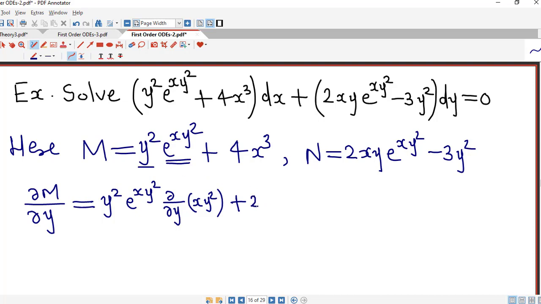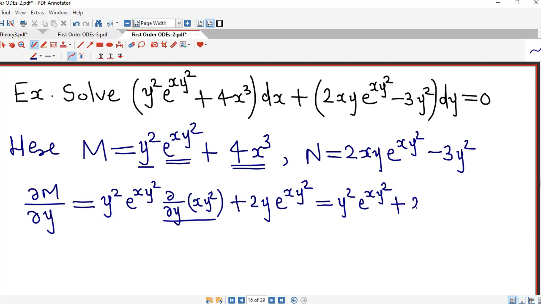So derivative of y square is 2y, and derivative of 4x cube with respect to y is 0. Here the derivative is with respect to y, so x is constant, and derivative of y square is 2xy. So we write that part, other things as it is, y square e raised to xy square